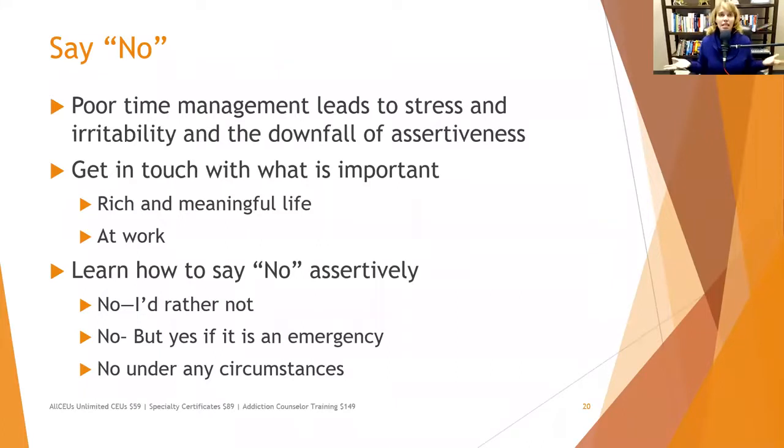And I always use the example of somebody asking you to move. This is what we start out with, or asking you to help them move. You can say, I'd rather not. I've got a lot to do this weekend. And then potentially propose a compromise. Maybe next weekend I can help you come clean your old place, or whatever. The second level, and that's the level where you're willing to be persuaded. The second level is, no, I've really got too much to do this weekend. But if it's an emergency,